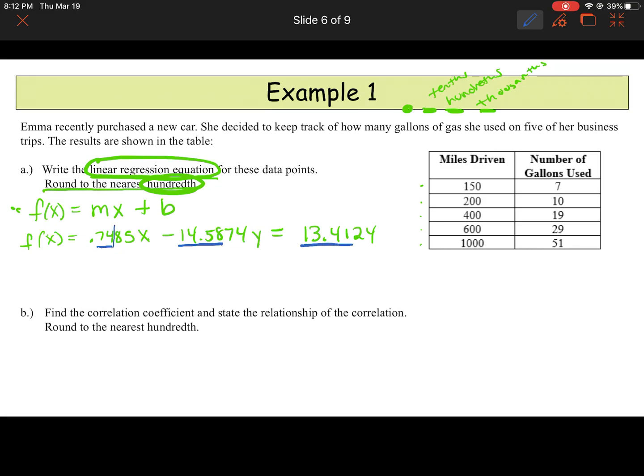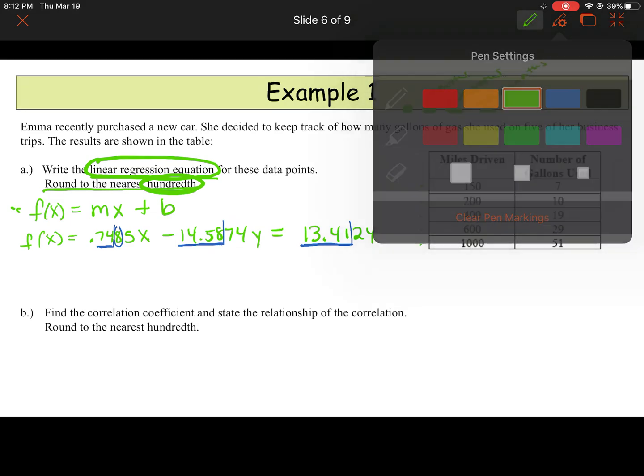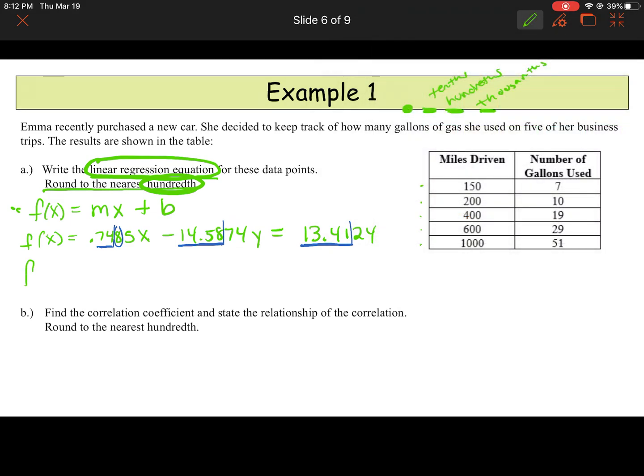So right now I have to ask myself, am I going to change that last number or am I going to leave it alone? So does 8 round the 4? 5 or above give it a shove? Yes, it does. So we have f of x equals 0.75. I get rid of everything else. I keep the x though. Always keep your variables. Minus